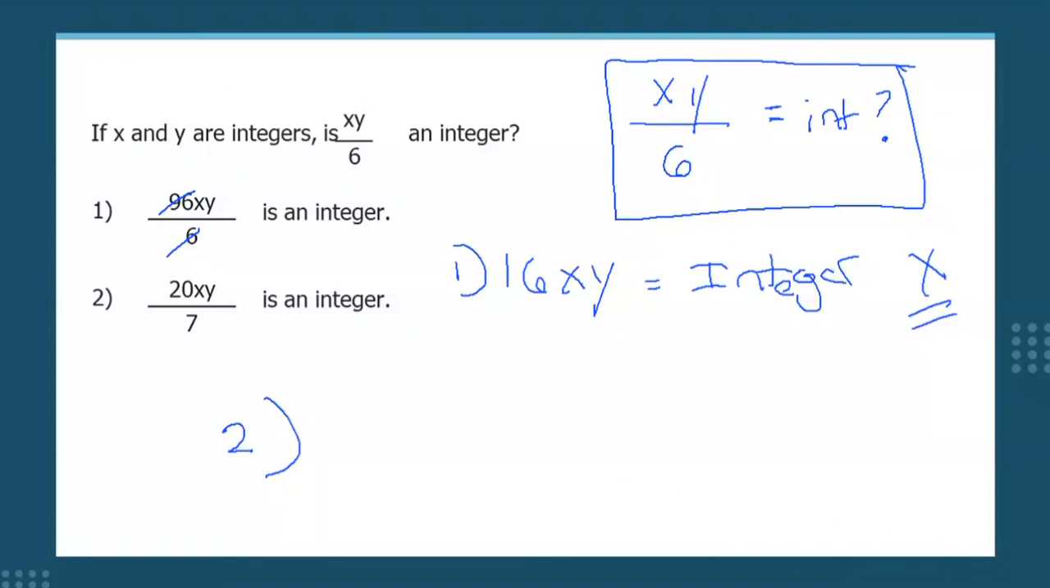20xy over 7 is an integer. Well, in this particular instance,